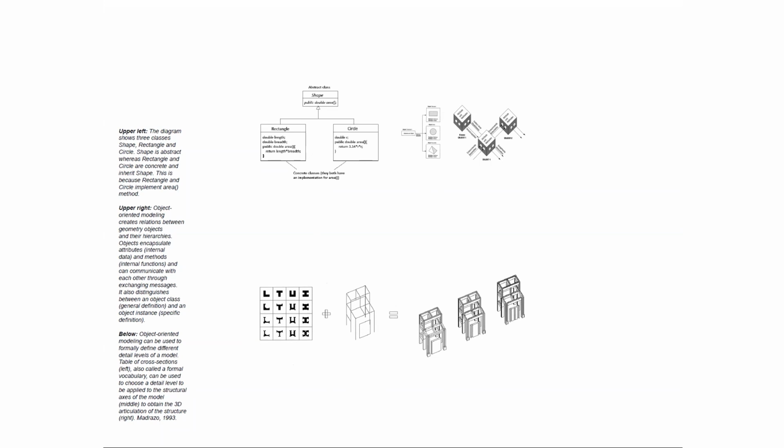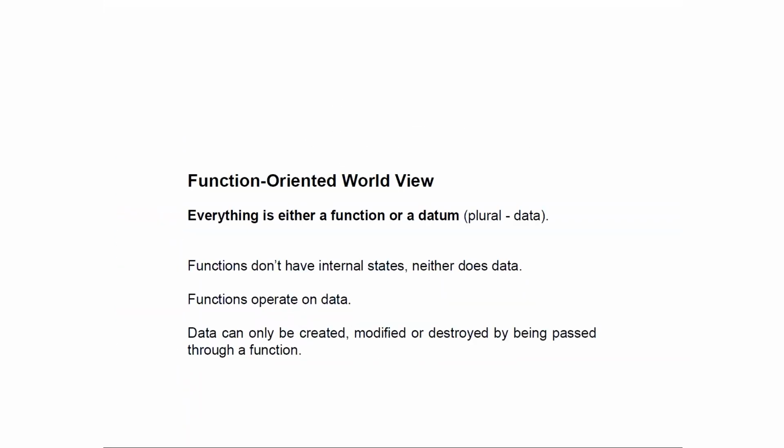So I can apply a profile, which is like a cross section, onto an axis in order to get a three-dimensional model. So I'm thinking in terms of hierarchies, this object-oriented kind of worldview. And again, we will work with that one a lot, and we'll talk about classes and objects. Okay, there's another worldview or paradigm that you can adopt, which is a function-oriented worldview, where you basically say,